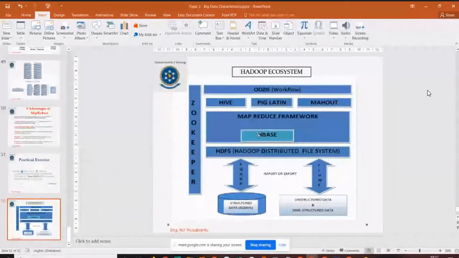And then when you want to query that data in a Hadoop database, you use Hive if you're strong in SQL, Pig Latin if you're strong in Python, Mahout if you're strong in machine learning. So Oozie makes sure that this process is like that. Then Zookeeper,